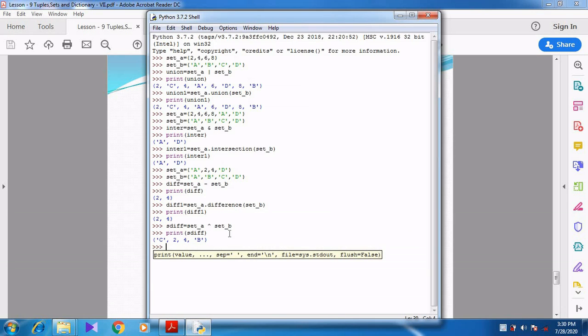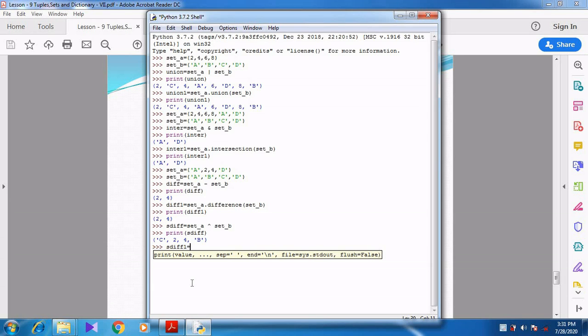Now when I print it, what happens? C, 2, 4, B. So which elements are missing? A and D are missing because A and D are the common elements. Like that, I can go through the function.